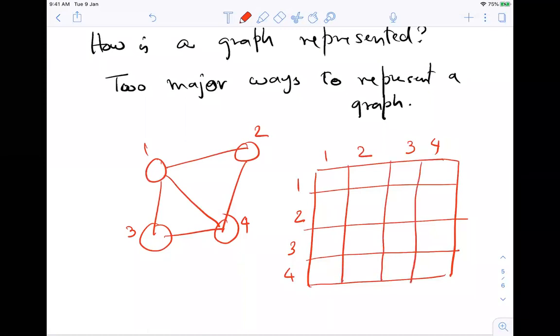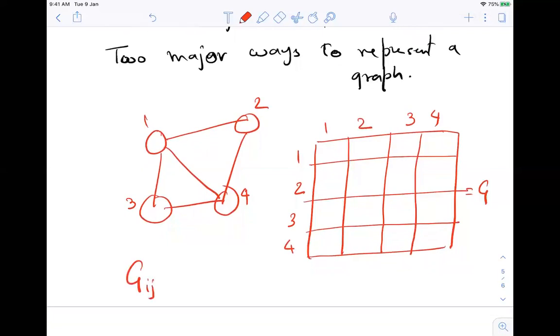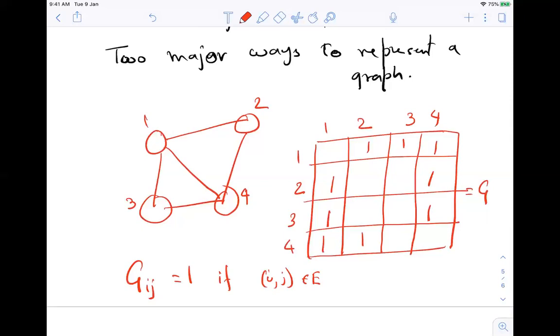This is the matrix G, where Gij equals 1 if ij is in the edge set. So 1 to 3 there is an edge, 1 to 2 there is an edge, 1 to 4 there is an edge. 2 to 1 there is an edge, 2 to 4 there is an edge, 2 to 3 there is no edge. 3 to 1 there is an edge, 3 to 4 there is an edge, and 4 to 1, 4 to 2, and 4 to 3 there is an edge.